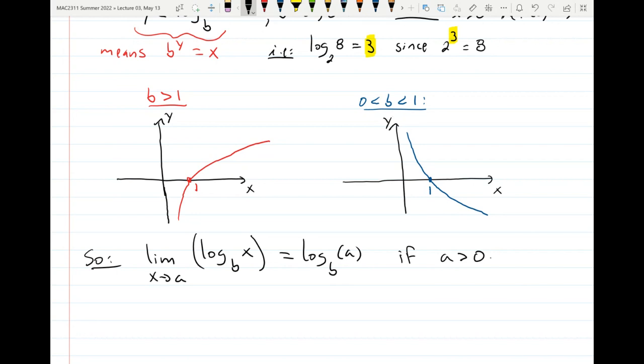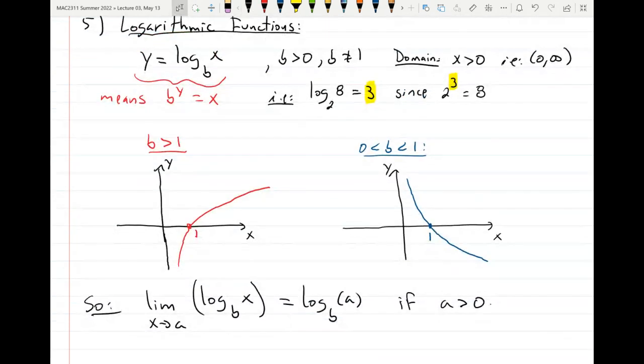Of course, if a is less than 0, then it does not even exist, because there is no function to look at. It's not part of the domain. All right. So what I was saying is, for example, the natural log function, which is the one that you're going to be seeing a lot, ln of x, actually is a case like the red graph here,